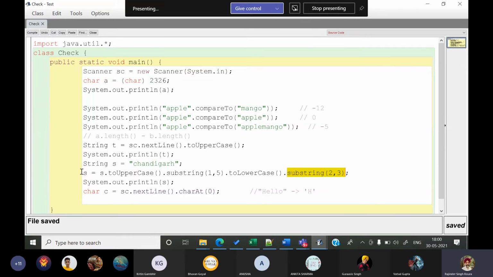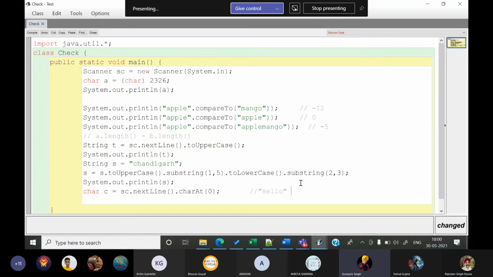Yes, what is your question? Sir, I have not understood what that sc.nextLine function in that charAt function was doing. What does sc.nextLine do? If I remove this, what is this going to do? It takes a string, and we will have a string on the left-hand side in which we store it. Okay? Yes. Now if I write .charAt(0) here, then whatever string I have input here, it will extract the first character, the 0th position character, and store it in what? See.